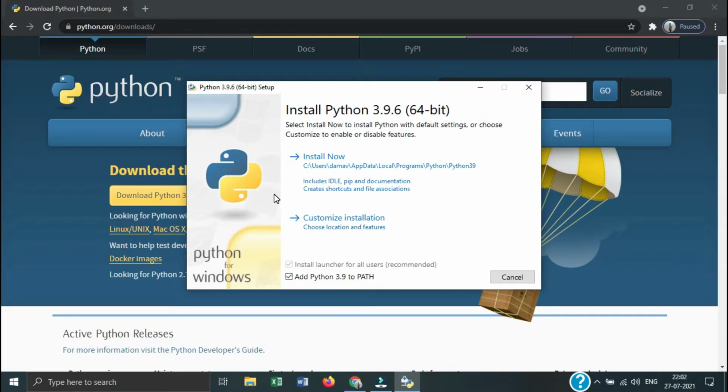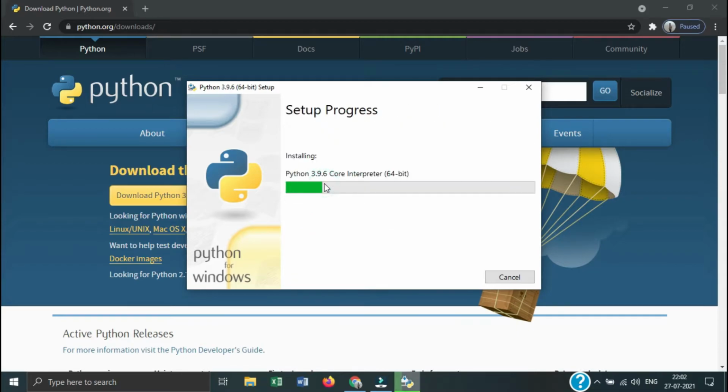This will start the installation process. Let us wait till the installation is completed.